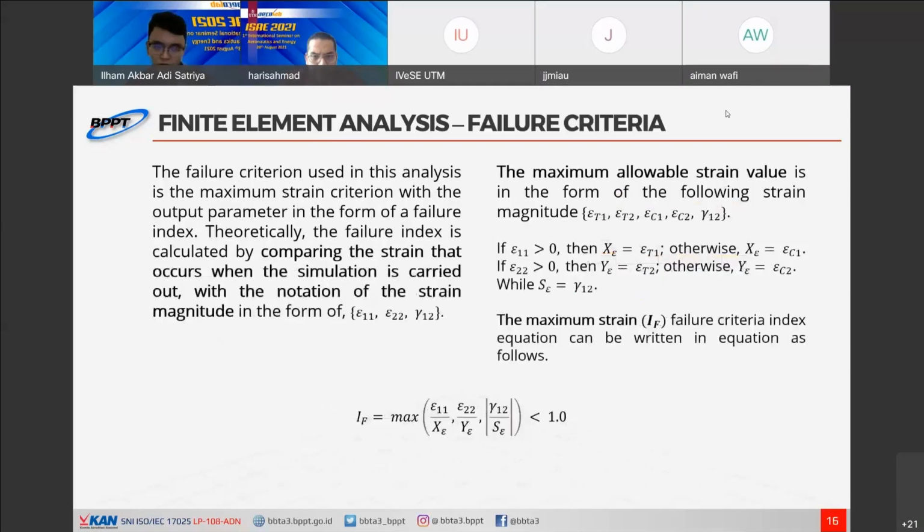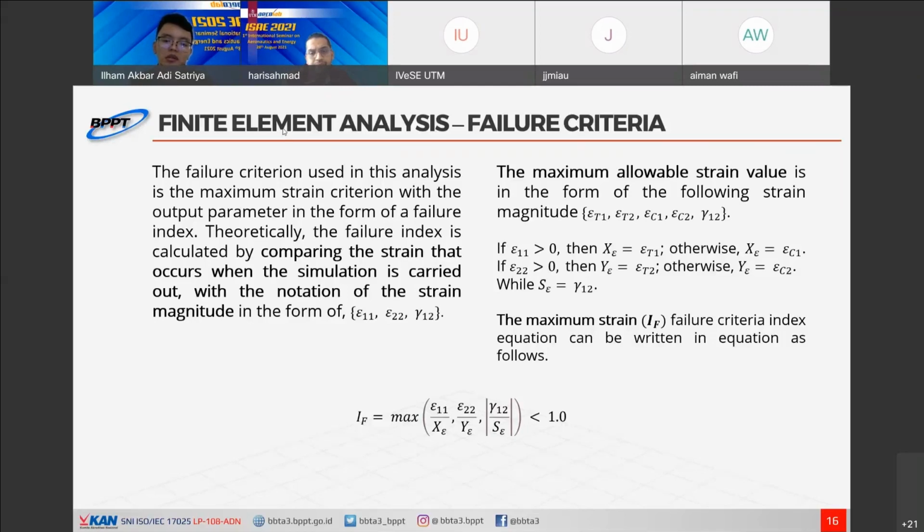And then we talk about the composite structure. We can use, like, von Mises or alloy failure criteria. One of the failure criteria that is usually used for composites is the maximum strength failure criteria. Actually, it's simple. The maximum strength criteria is we will find the failure index that has not exceeded the strain